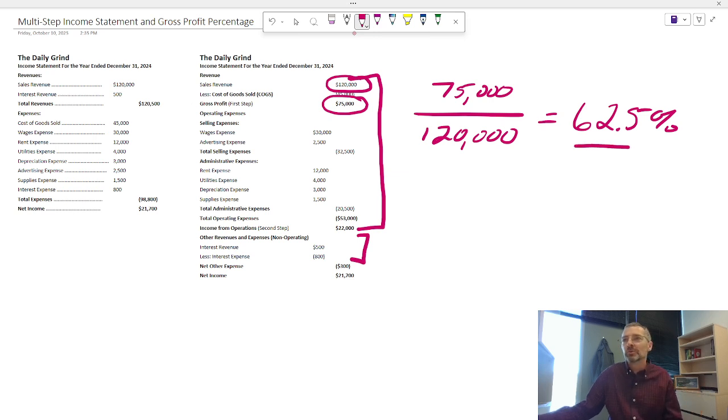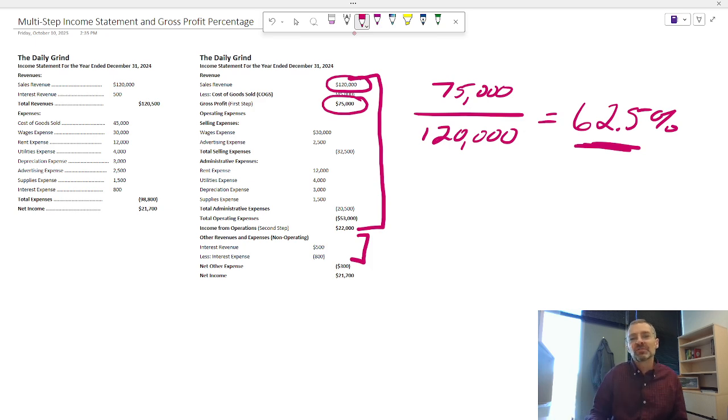The 62.5% is our part, right? So that's what we get to keep. For every dollar that our customer gives to us, we ultimately keep 62.5 cents of it. Now, granted, we do have a lot of other expenses here that we have to cover, so this is just the cost of the product that we are looking at.